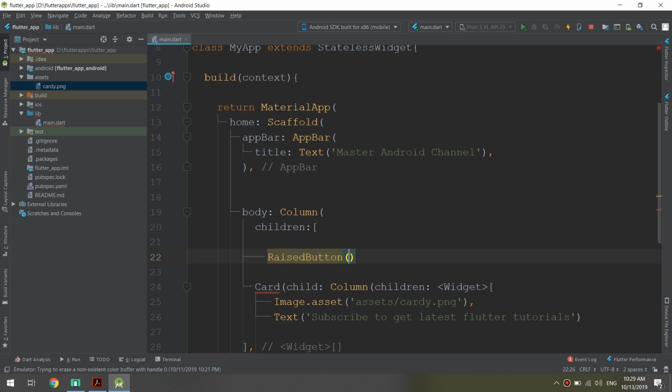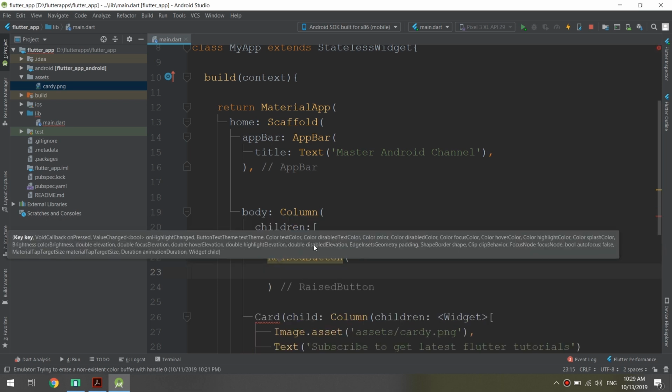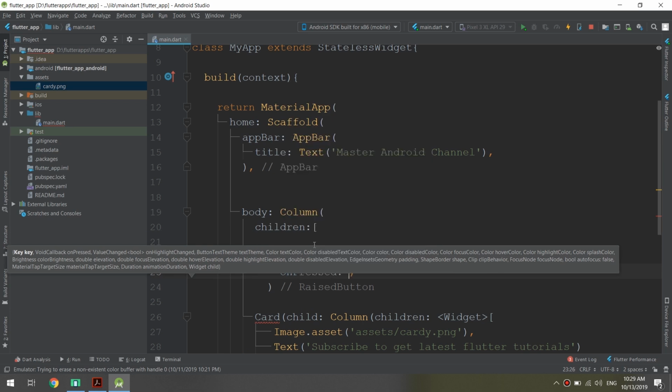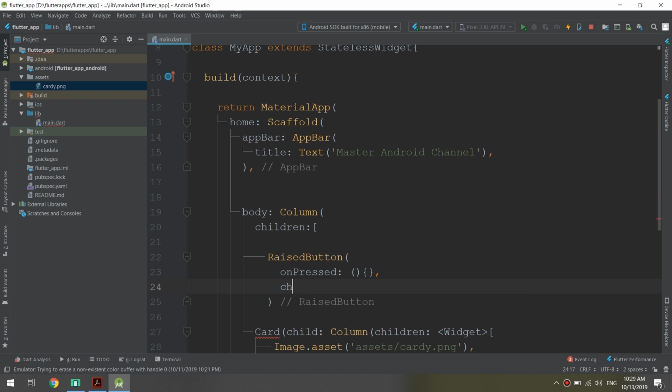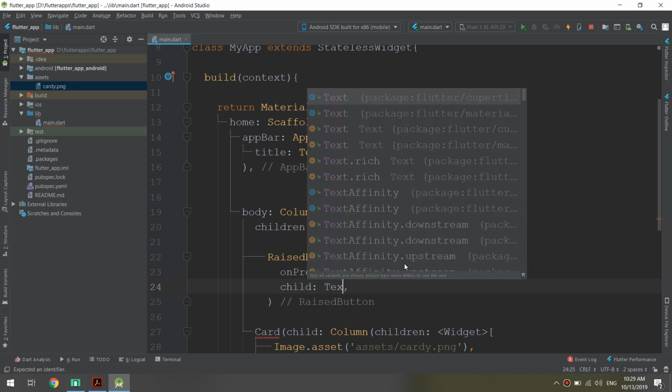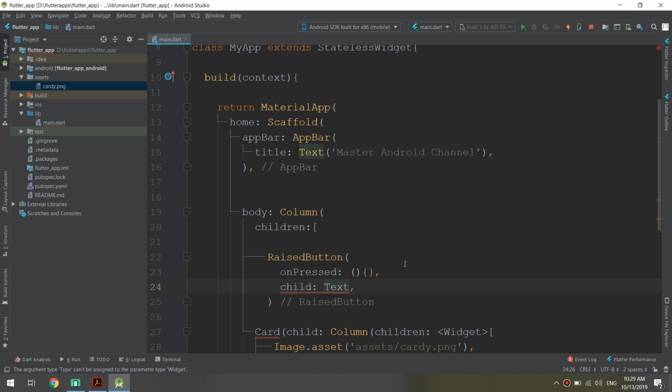Now, raised button, and we specify here the attribute onPressed. Till now we don't need to make any actions when the user clicks it, and the child, and we put its text as add cards. So this button,